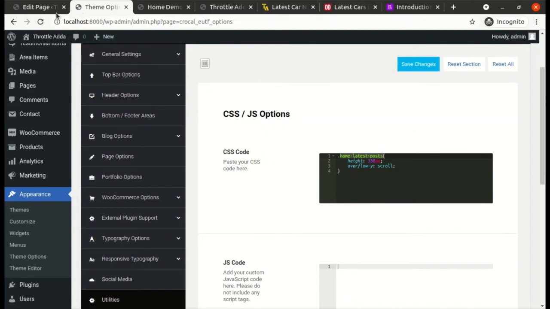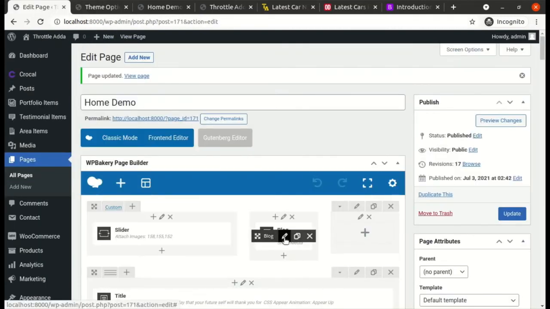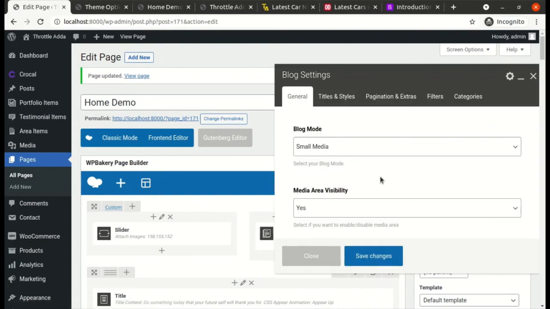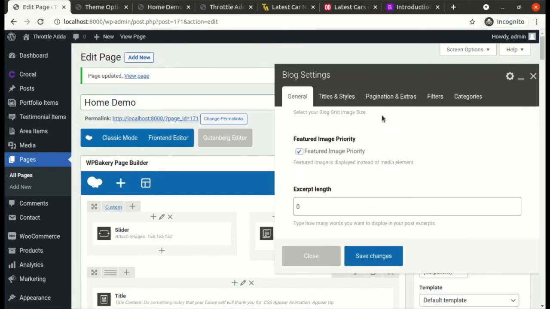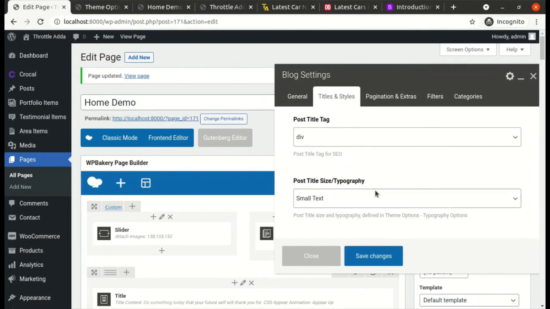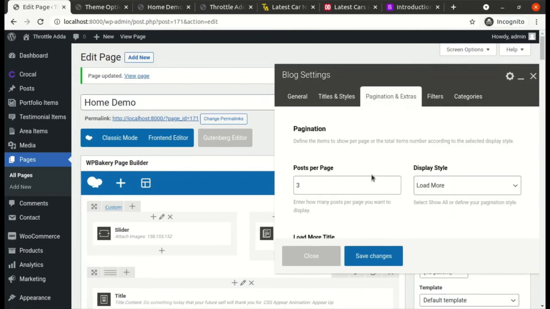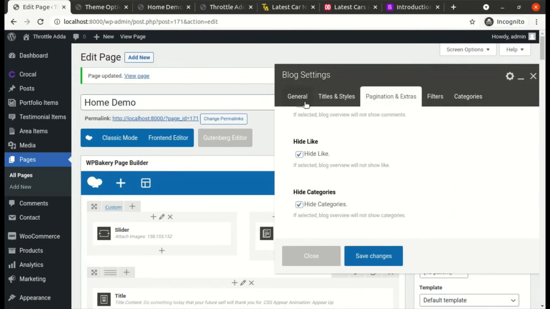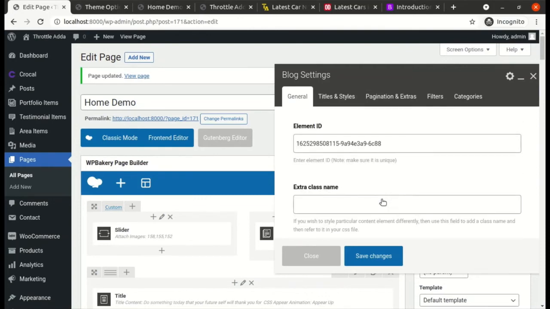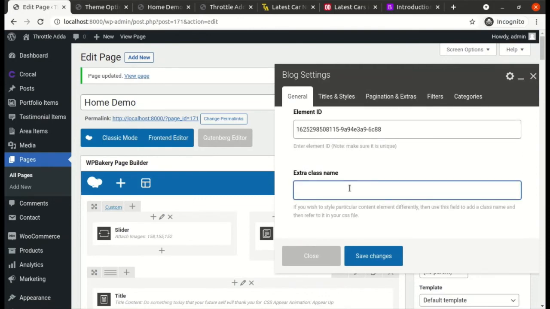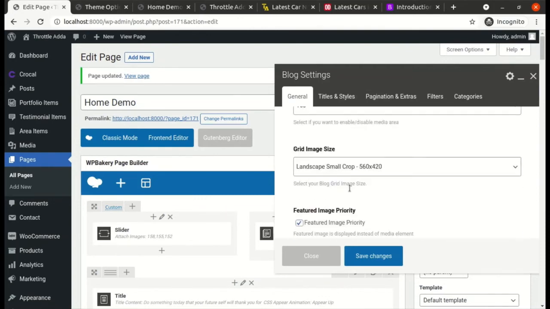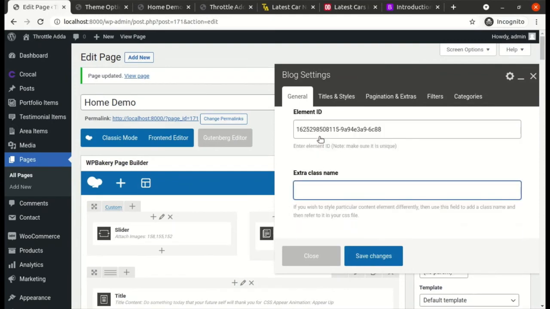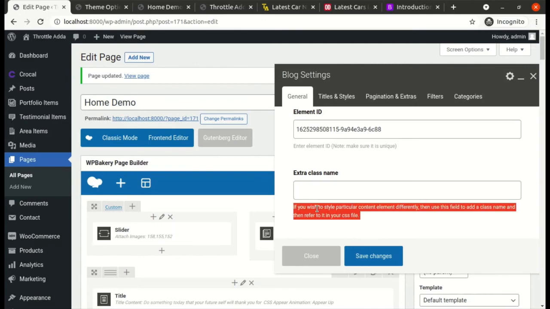Now what we need to do, we need to go over here, edit the blog again, titles and style. Okay. In the general tab at the bottom we see the extra class name. Now read the description below this.